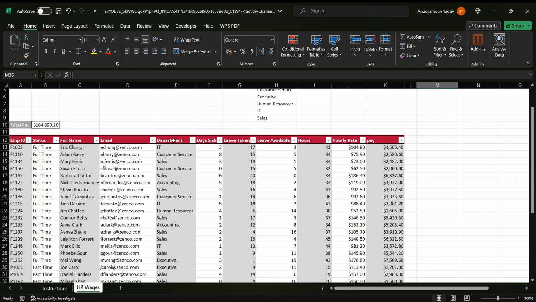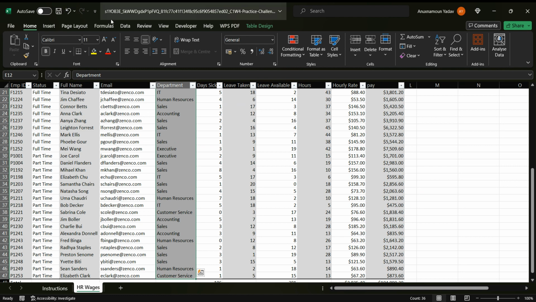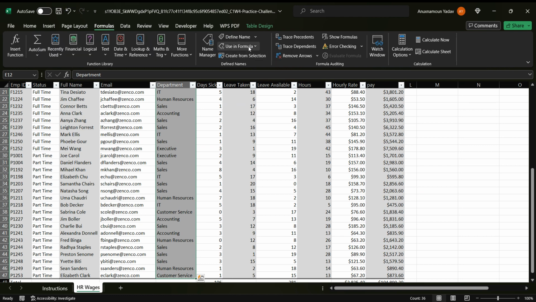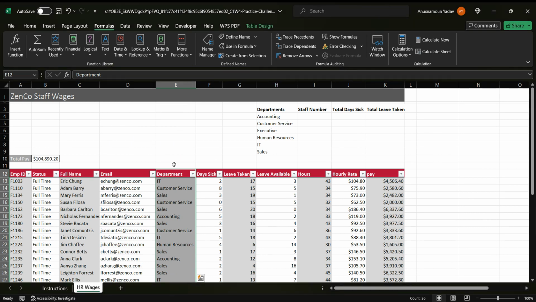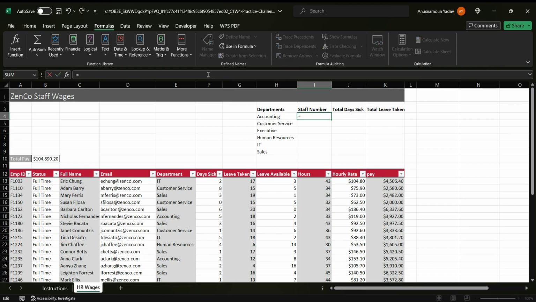For that, we just need to click on Department, Control Shift, Down Arrow. In the Formulas tab, we're going to click on the function Create from Selection, and from the top row, okay. So it creates a named range. Whenever you want to use this whole data, you can just call the name Department, and each data will be in that formula. Let me show you this with an example. If we click OK,